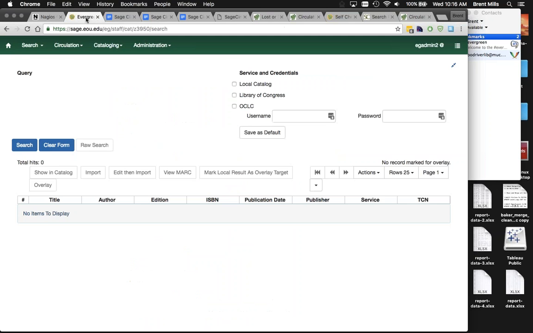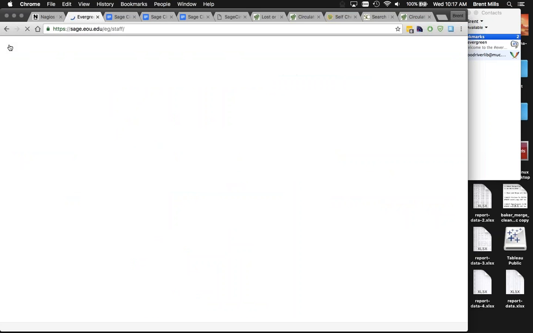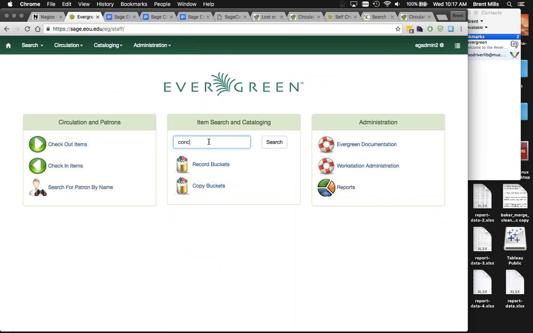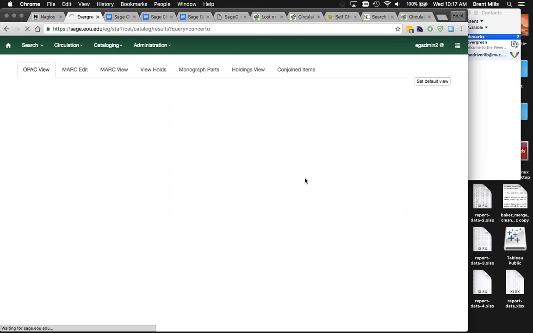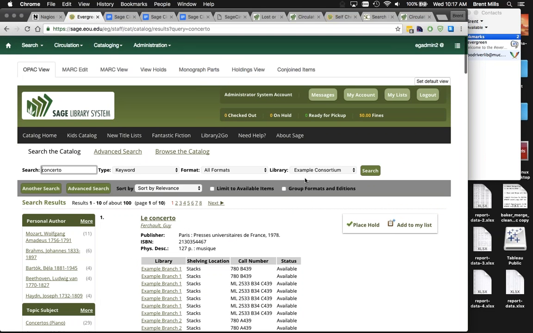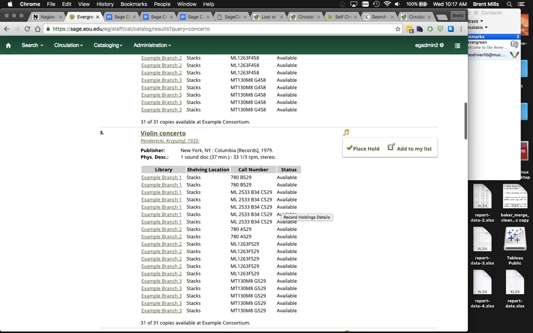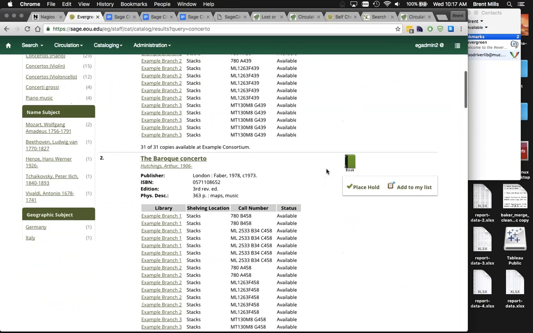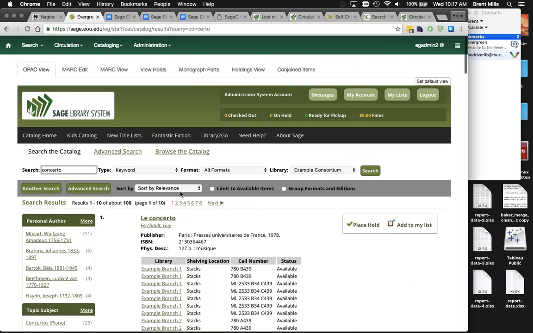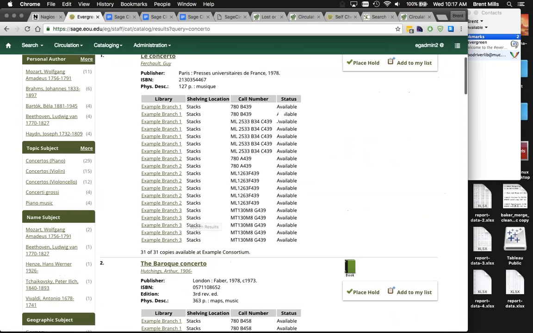So if I go back to the web client and do a search there, we'll see our bibs come up, and I've added some items already in the staff client. And so it looks pretty similar. You would search as if you were searching more or less just in the OPAC. And if you do get to a record you want to edit, you would click on it